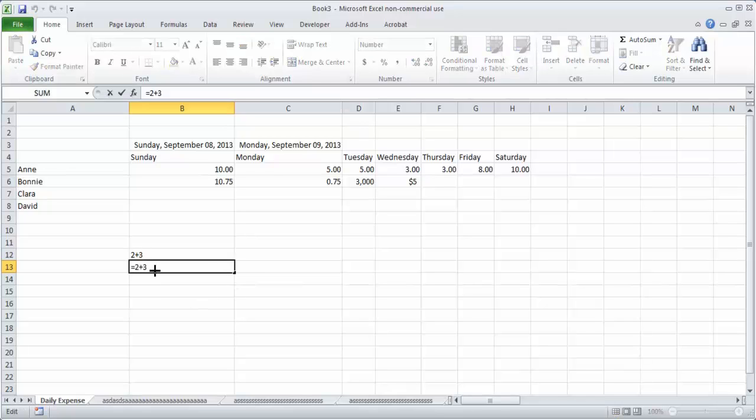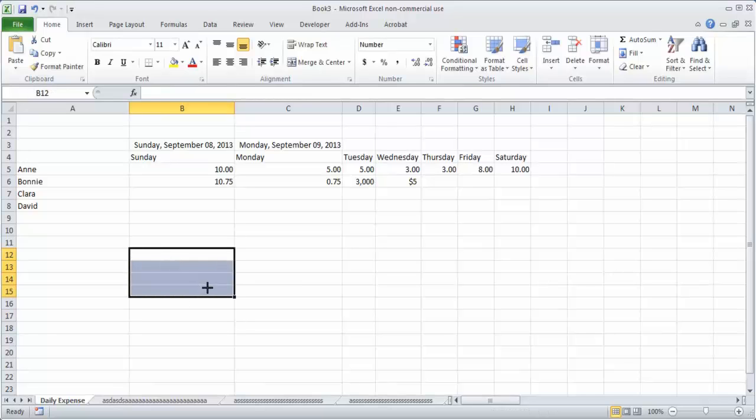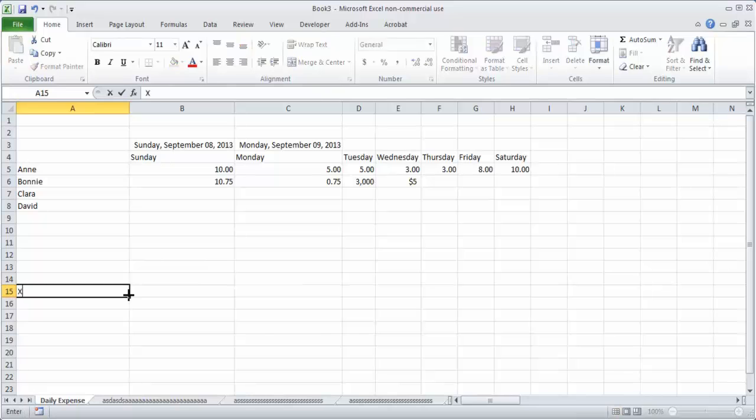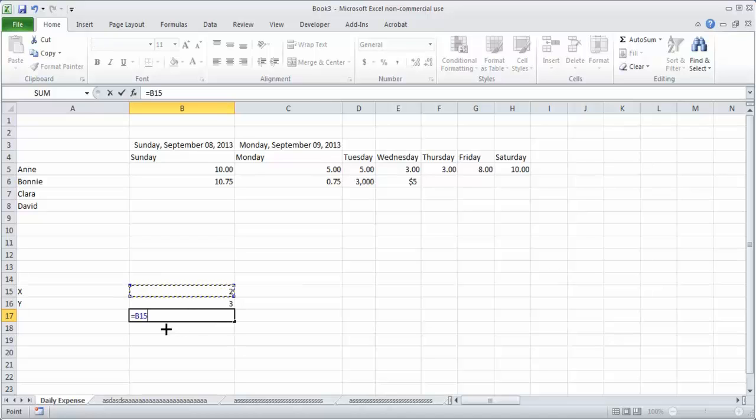But this is a very crude way of entering, so we do not recommend entering values like 2 plus 3, because what is 2, what is 3, who will understand? To ensure that people get an idea of what you want to do, for the x value you write 2, for the y value you write 3, and then you want to add x plus y, so you refer to these cells. When I write equal to and then select this cell, you will see that it is blinking, which means this cell is selected.